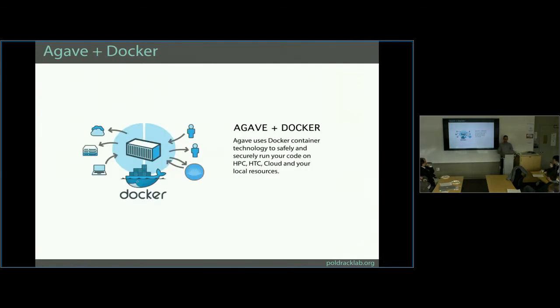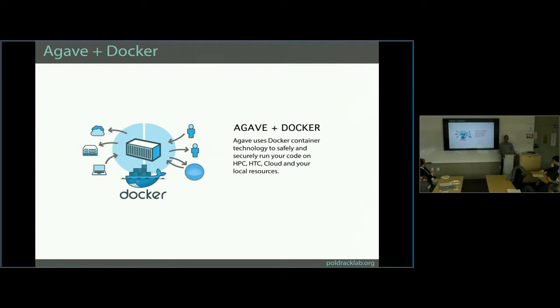So what we're doing right now is working with the Texas Advanced Computing Center, which is one of the PIs on the Agave project, to basically build Docker containers for all of the different analysis packages that we do. Like the one that I showed you that was running there, that quality assurance thing, that's one Docker container that the data get pushed to, gets run, we get results back.